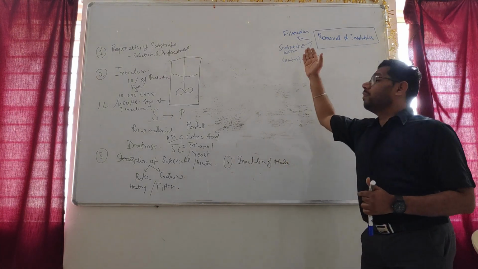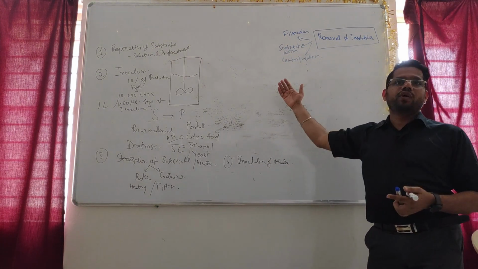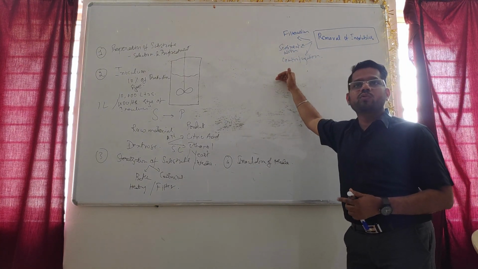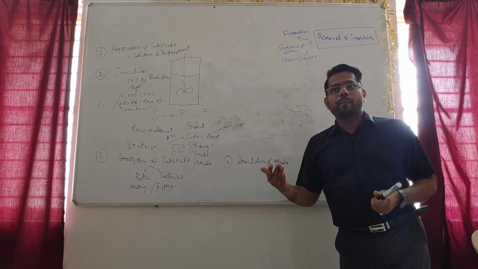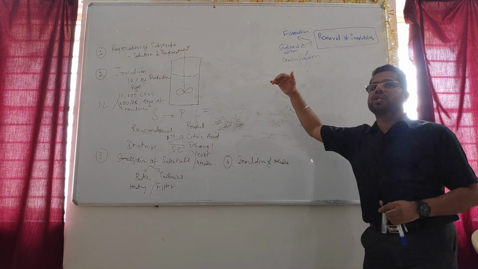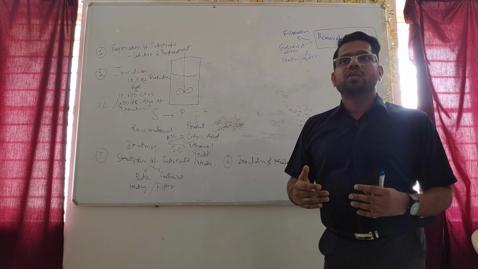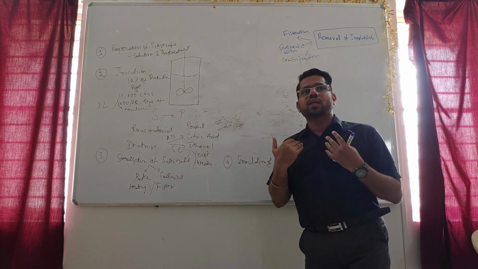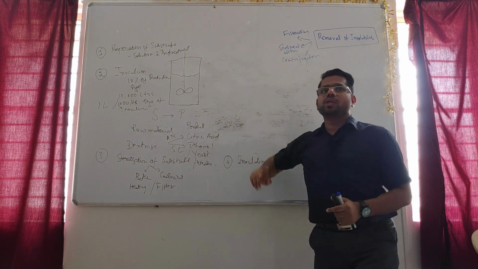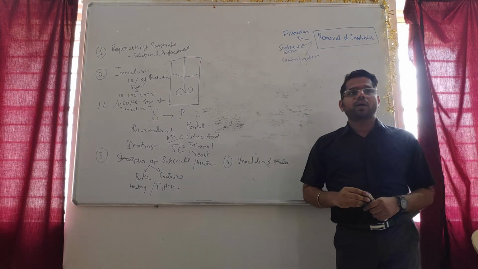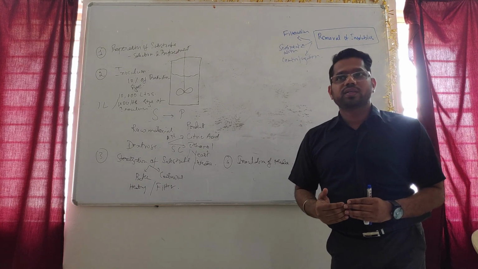Fine. When filtration and sedimentation fail, that time you have to use centrifugation. Centrifugation is used to remove particles based on their density. Okay, based on the density. Filtration and sedimentation are used only based on their size. Okay, based on their size. So they will screen out all these large size as well as fine size particles. But centrifugation will help you to remove the particles based on the density gradient. Okay, based on density gradient.